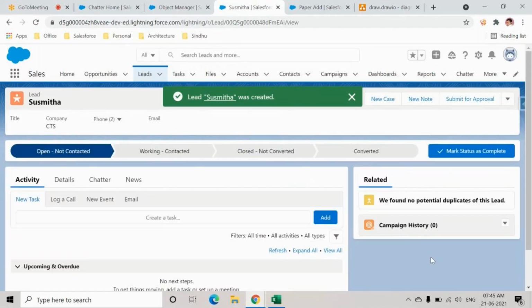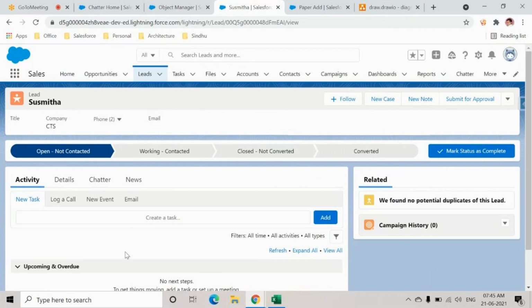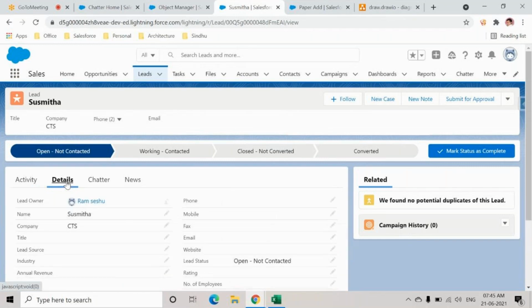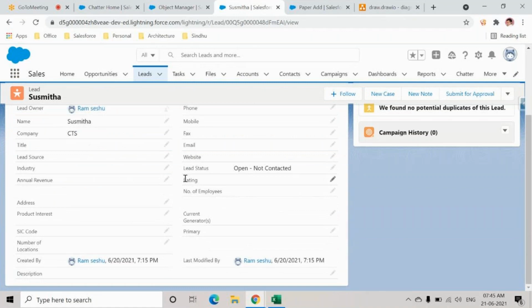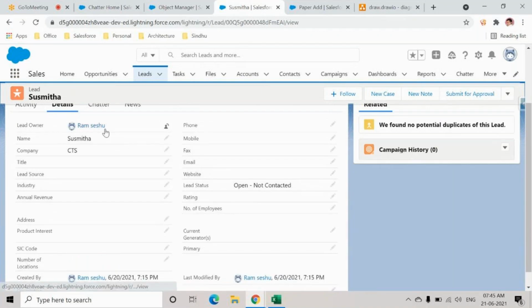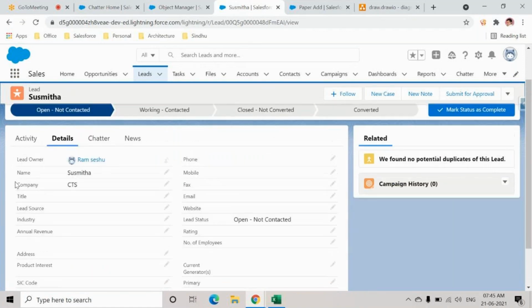Okay, so here we have multiple tabs also, but don't worry about these too many tabs. These are very easy. We can also create our own tabs. I'll just go with details. So here you can see all the information at the bottom. Now let us say this was assigned to a person called Ram. He started interacting with Sushmita every day. So he gave multiple options, all these things. And then